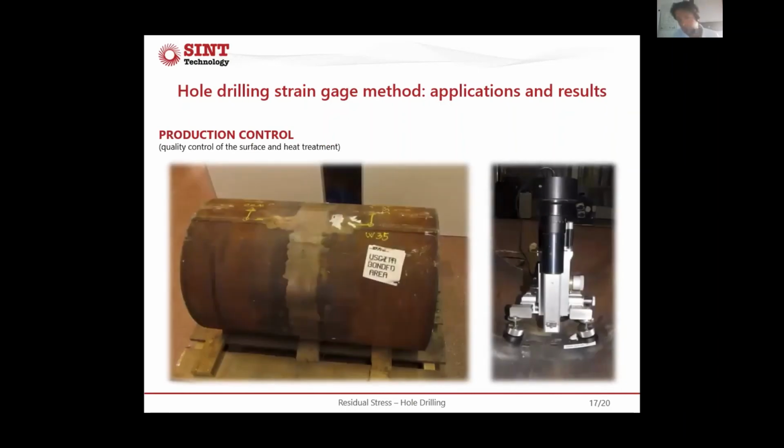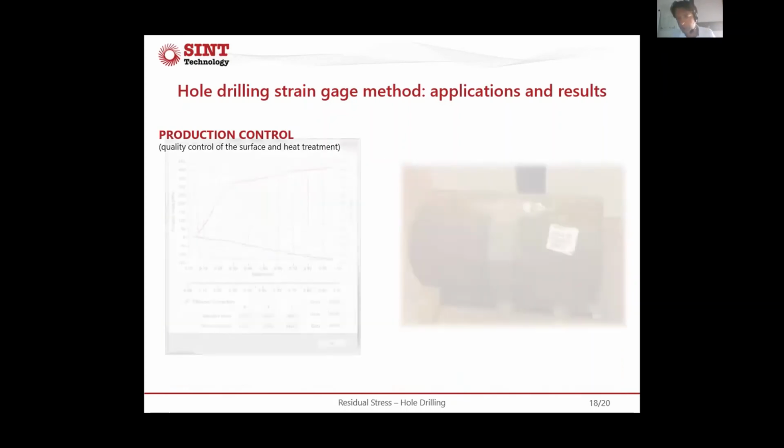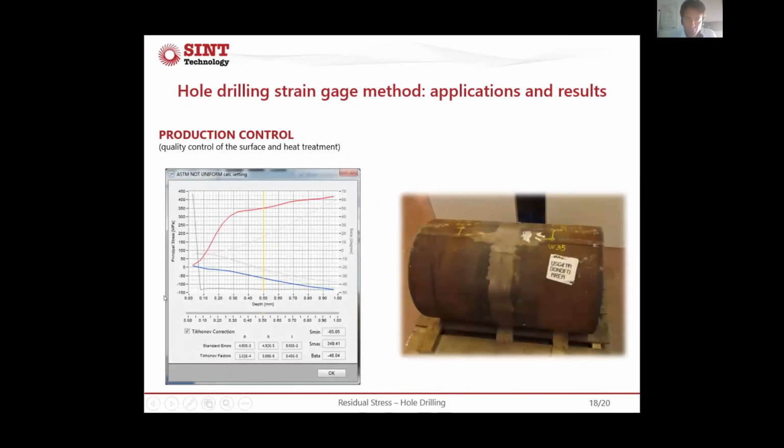On the other hand, opposite example, again, welding, this is a part of a pipeline with some welding in the middle, as you can imagine. And in this case, no attention was taken. So there was no process for relieving the stresses right after the welding process. So here we have the opposite situation. Again, we have the depth in the x-axis, principal stresses on the y-axis, with the red and blue lines. And in this case, you see that the results are about 10 times higher. So about 400